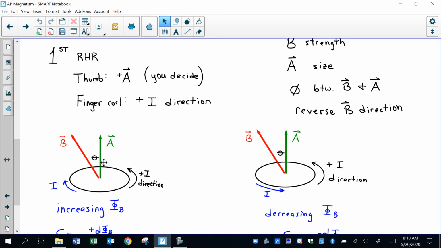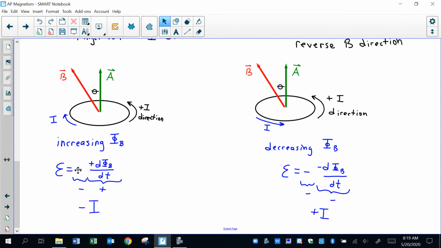So if I take my right thumb, and you should be doing this literally with your hand right now, right thumb pointing up, my finger curl is going in this black arrow direction. It goes in towards the screen, around the back, out towards the front of the screen, so I get this rotation. That's going to be our definition for positive direction. And so if we look down here,